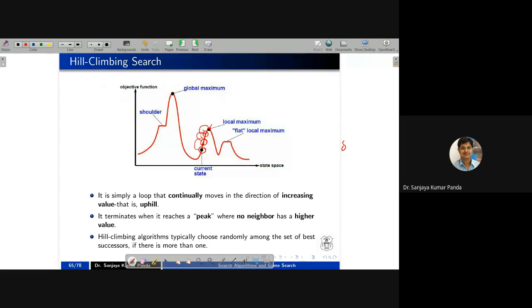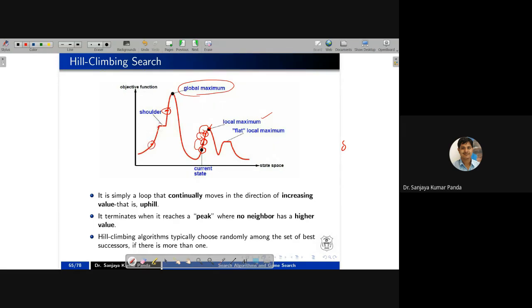So we can say that is a solution, but we cannot claim that it is our global maximum. You can claim that it is a local maximum, but it is not a global maximum. Because if your current state is present here, then only you can reach the global maximum, right? So you have to see that sometimes also if I choose the current state here,